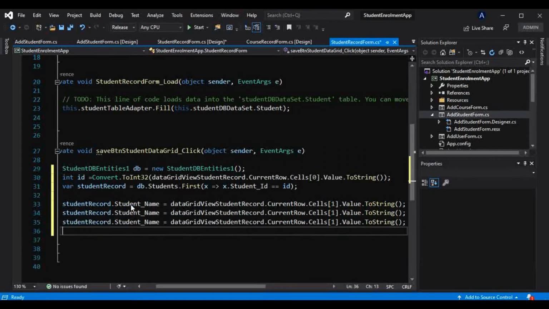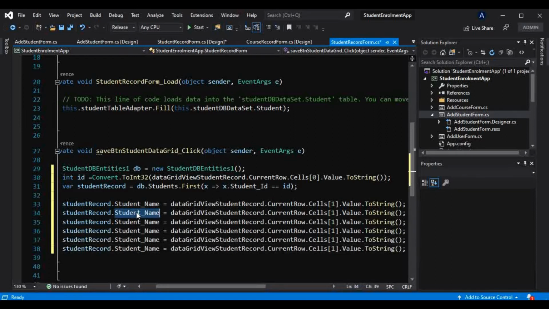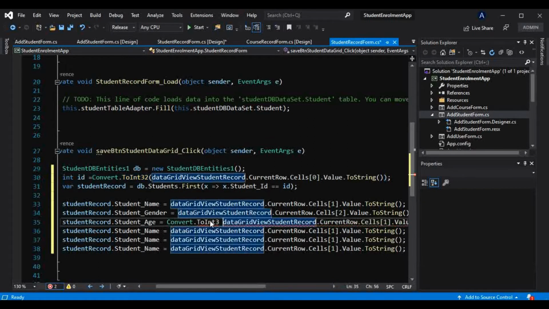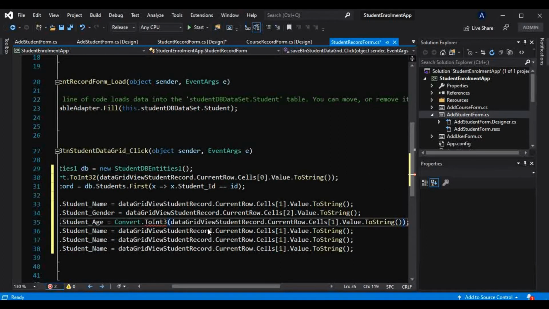Alright, now we know we want gender, that is student gender, and that is on the second index. After that there is age, and we know that age is nothing but an integer, so we have to convert that, and we have to change the index of that as well. So that is on the third index,